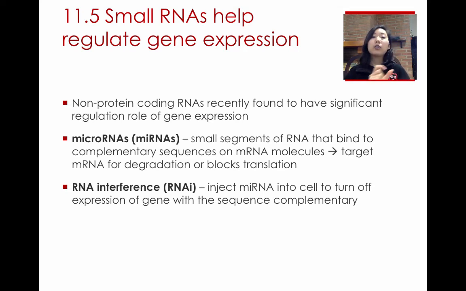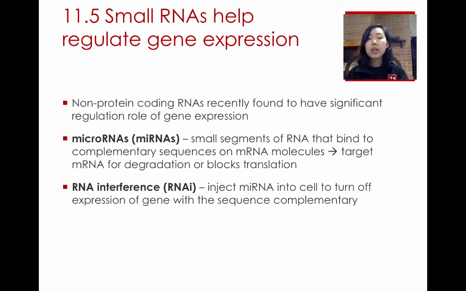Now they are finding that you can transcribe that DNA to produce RNA, and even though that RNA doesn't produce a protein, they could be something called microRNAs. miRNAs or microRNAs are just small segments of these RNAs, and they're complementary to other mRNA molecules, and so they can complementary base pair with the mRNA and either have that mRNA be degraded or block that mRNA from being